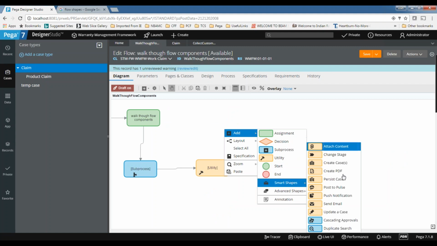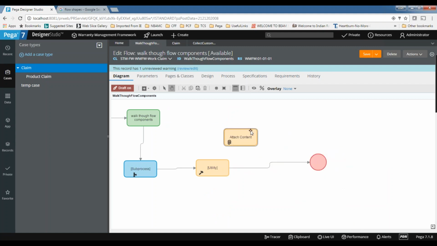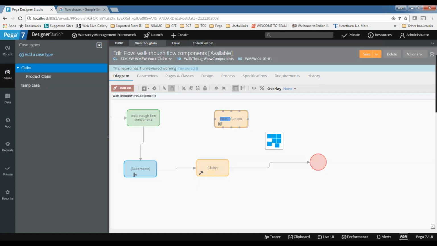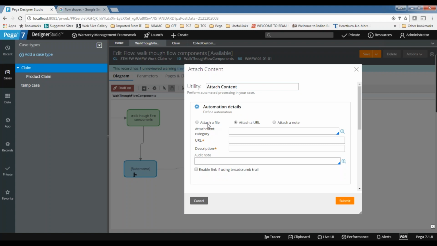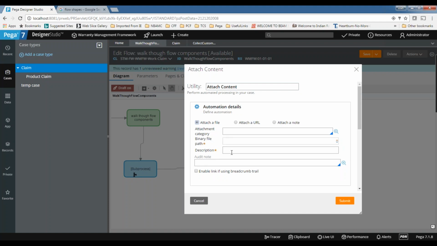As the name indicates, if you want to attach a file or a URL or something to the case as part of the flow, you can use attach content. Double click on it, you can see different options are there. You just need to configure this one: attach file, attach URL, attach note. Whatever you want to do, you need to configure the things.